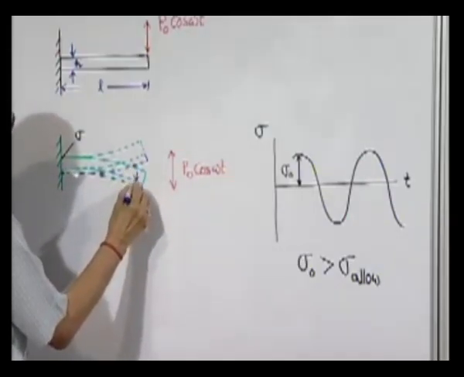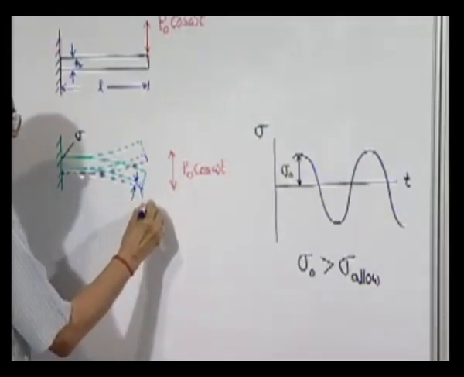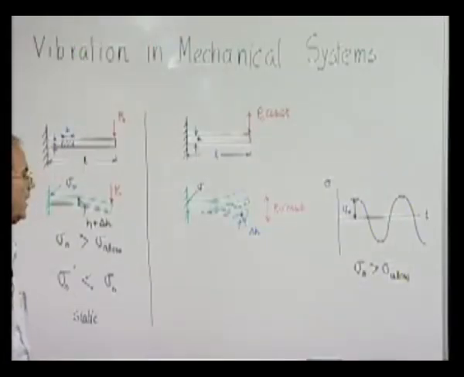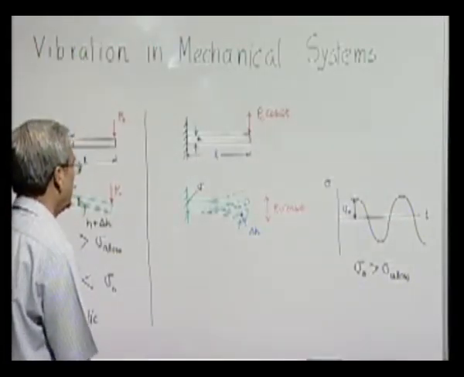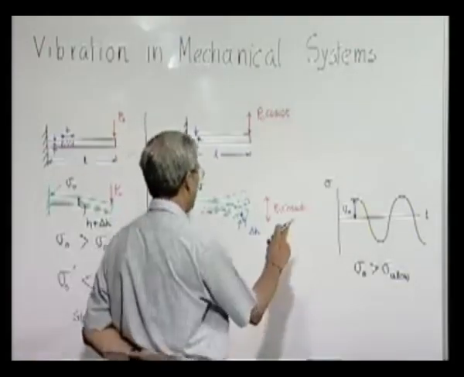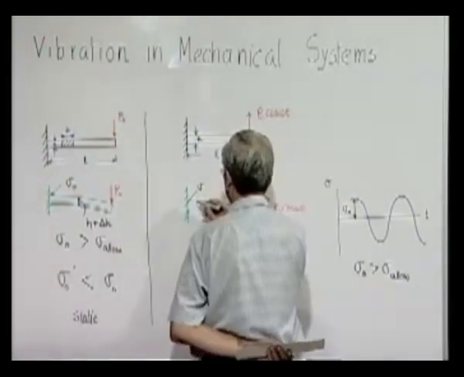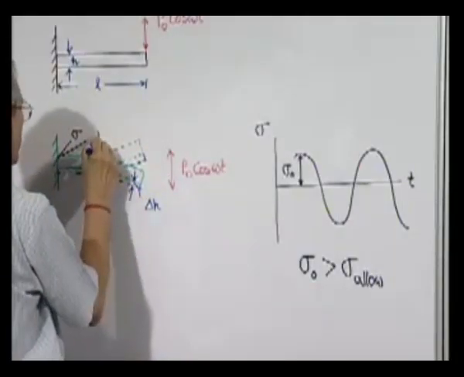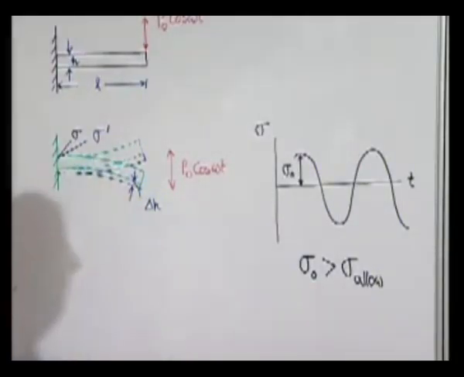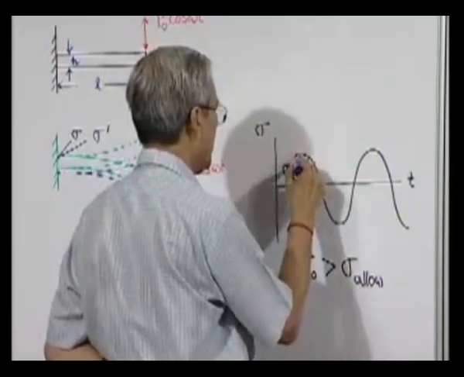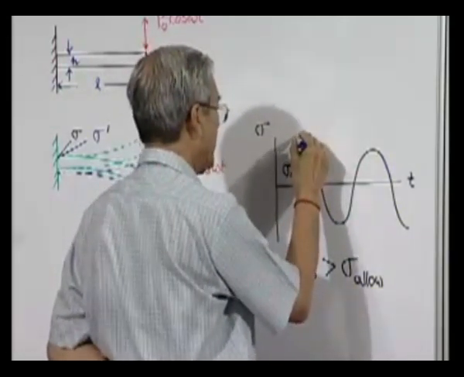by an amount delta H. And we expect that the new stress, that means sigma prime, with this increased thickness will be something fluctuating but with a lower value, but it may happen in fact